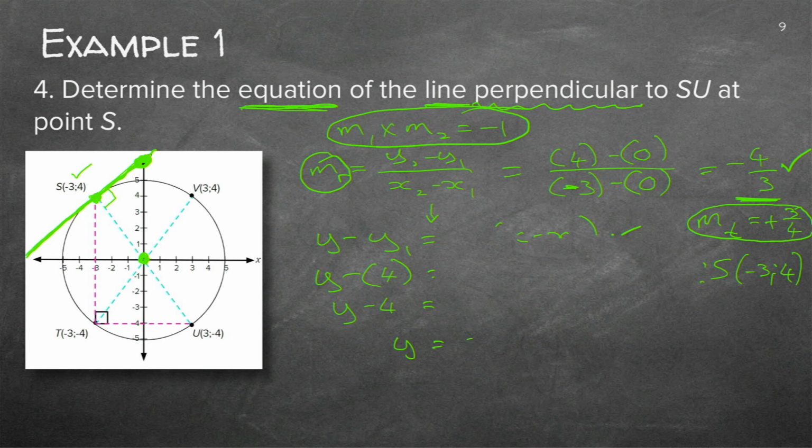So let's just quickly fill it in here again. That was m times x minus x1. So m is now 3/4, x minus 3, and that gives me 3/4 x plus, let's just make it neat, 3 times 3 is 9/4. So now I'm going to just bring the 4 over: 9/4 plus 16/4. Where do I get the 16/4 from? It's actually the 4, but I'm making my denominators the same. So y is equal to 3/4 x plus 25/4.